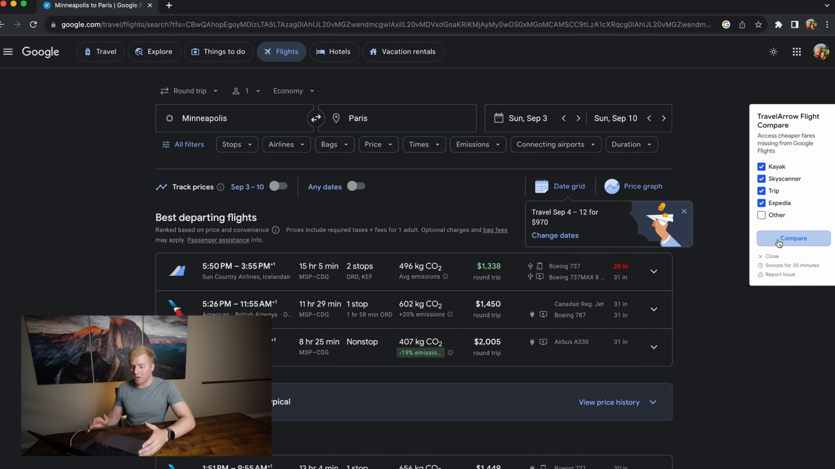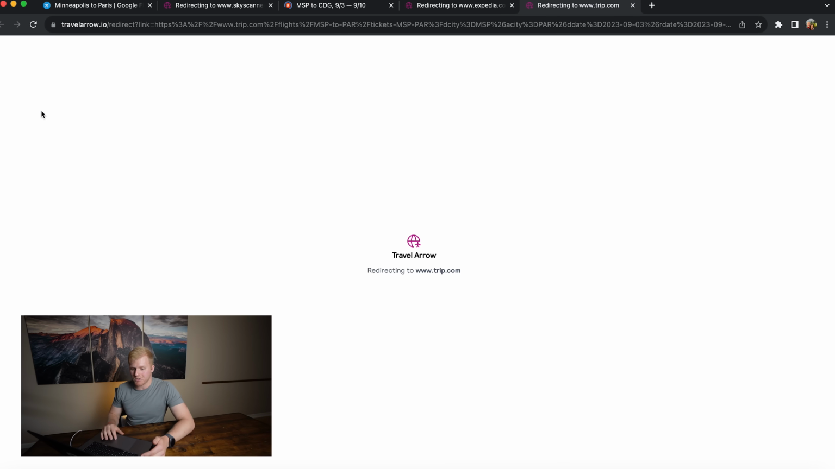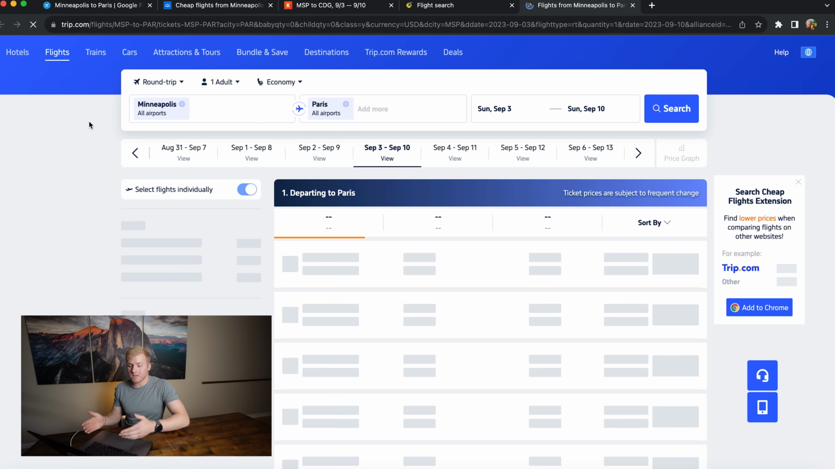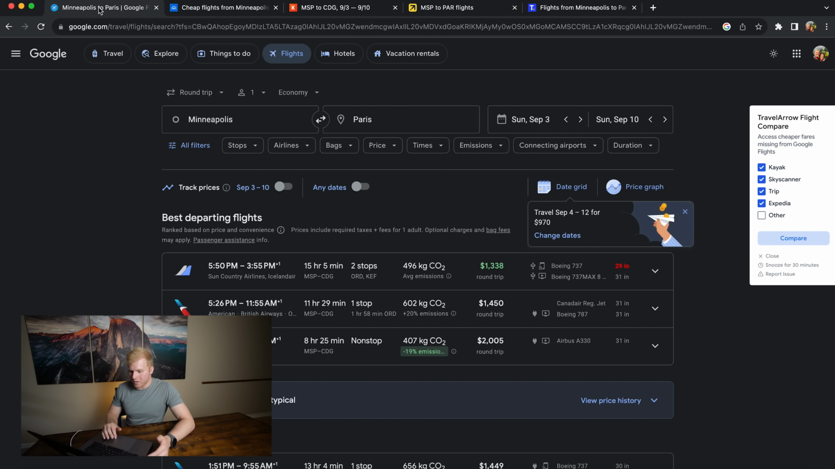And you're going to instantly notice at the top of your browser, it's going to open up different pages for all of those third parties. And this is going to allow you to compare the price. So if we go back to Google Flights, we'll notice that the cheapest option here is about